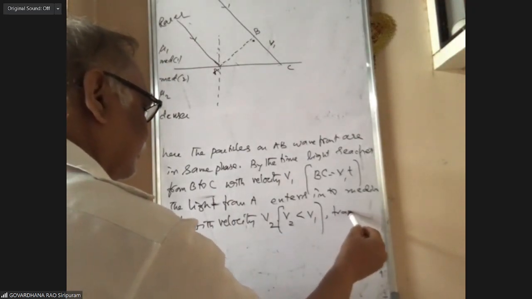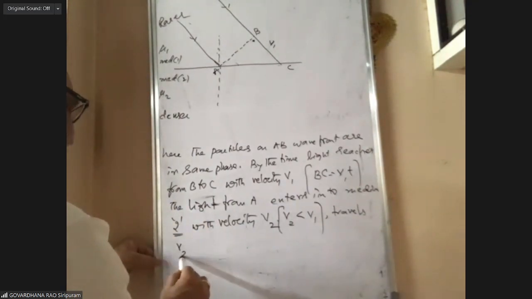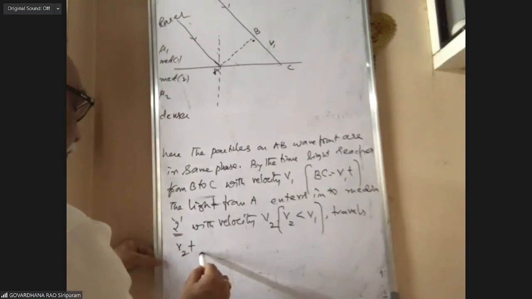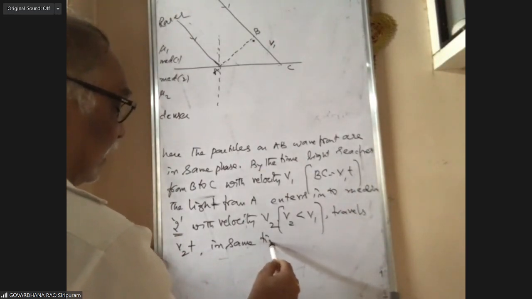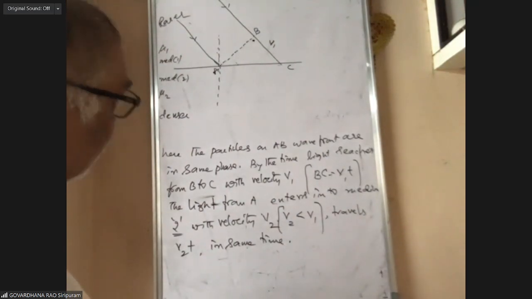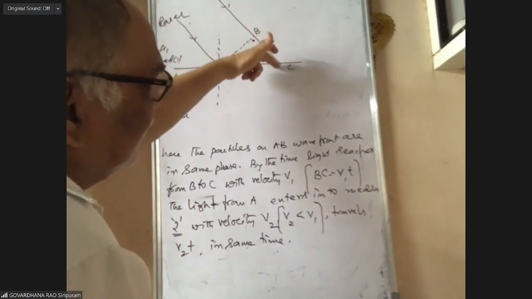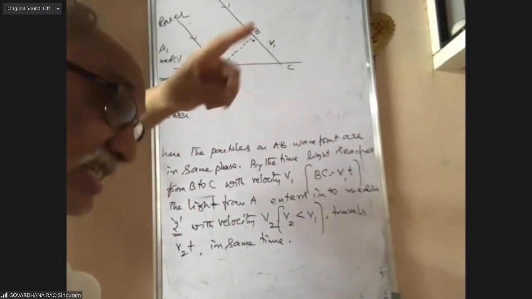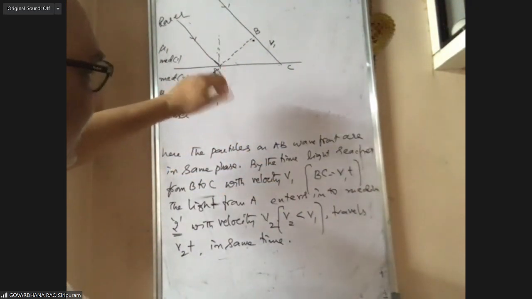Travels how much? V2t in the same time. What is the time taken by the light to reach from B to C? T seconds. In the same time, T seconds, what is the distance traveled by the light particle from A